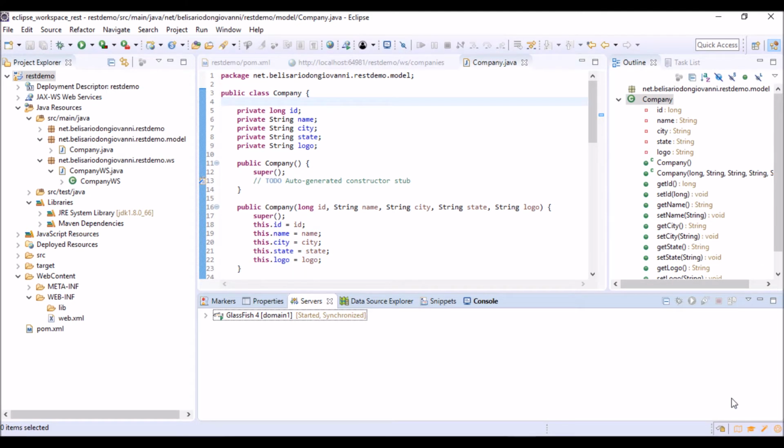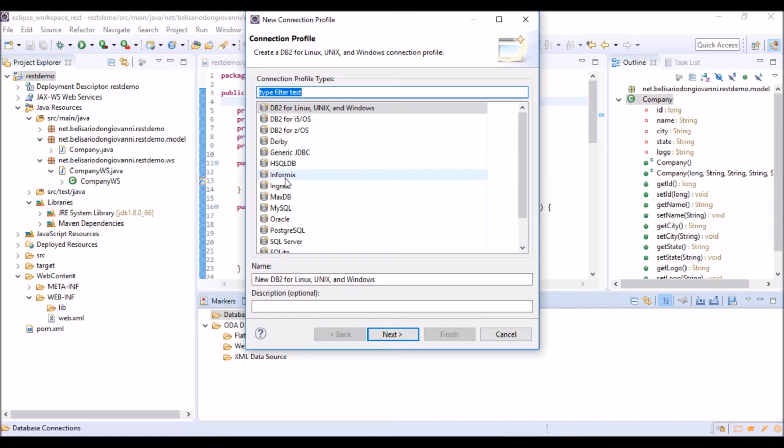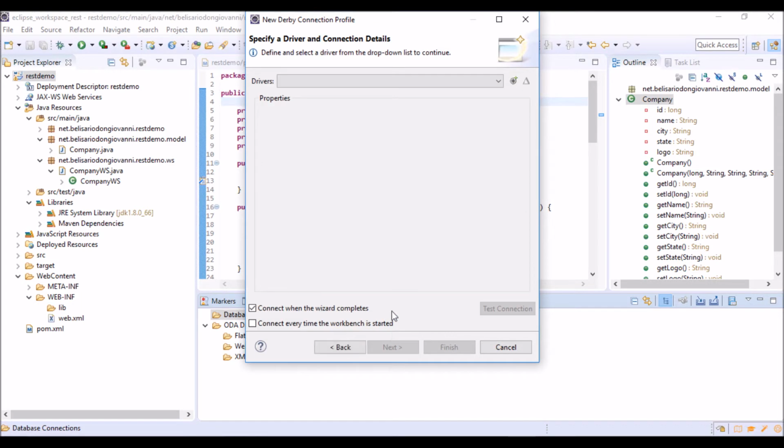Okay, we need to create a new database where to store all the objects. We can do it using the data source explorer of Eclipse. Let's create a new connection to a Derby database. The name of the connection, Derby RESTful. The JDBC driver,